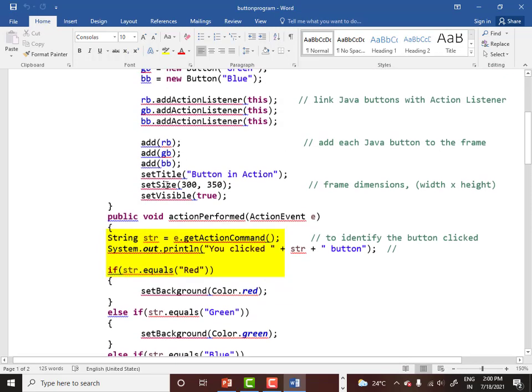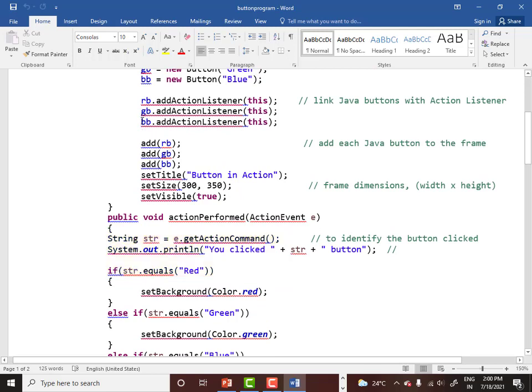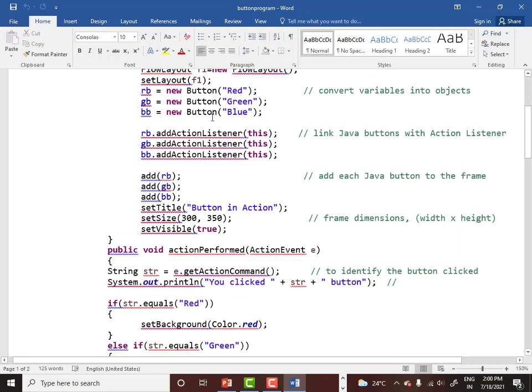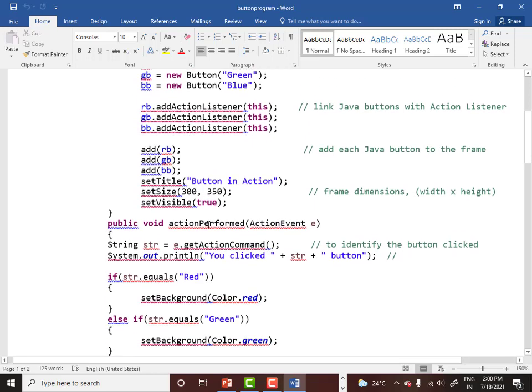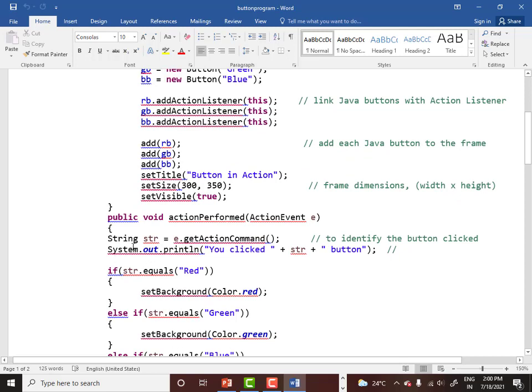Suppose you click on the green button, then what happens? It will get me the value of str as green, because on the green button your value is green. Then when this command is executed, System.out.println says you clicked the green button.